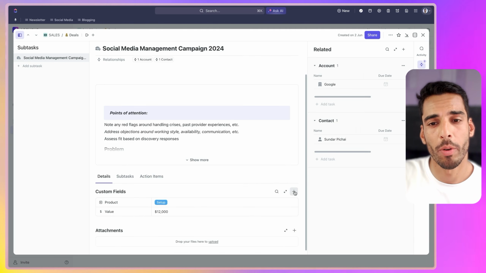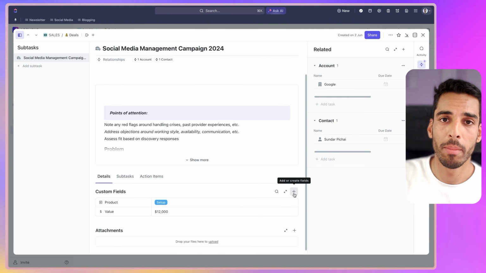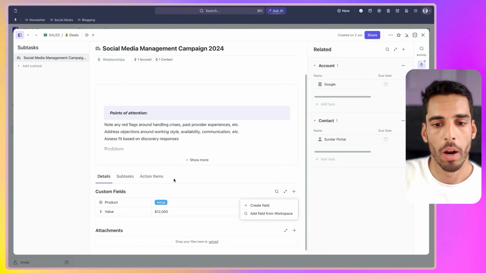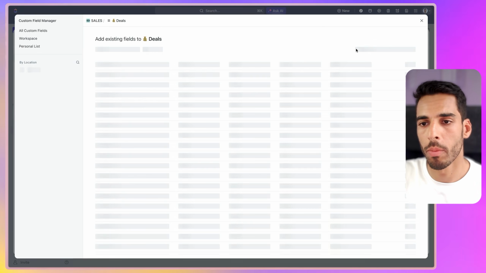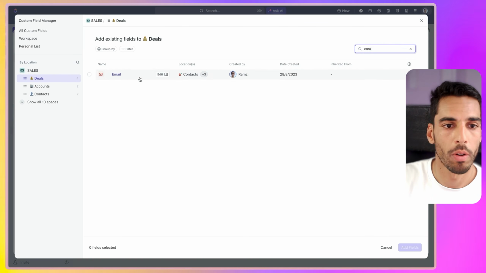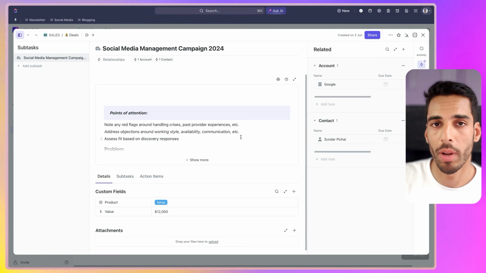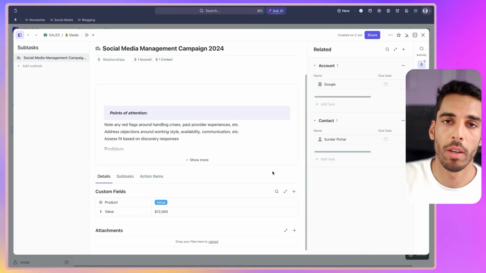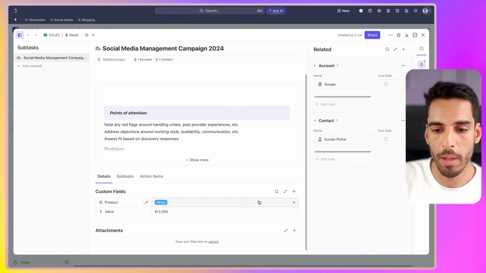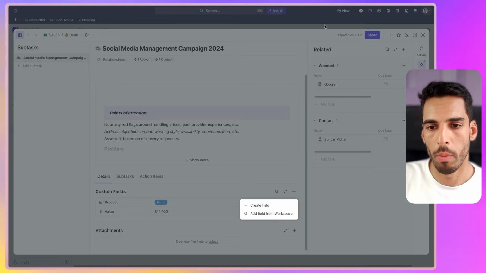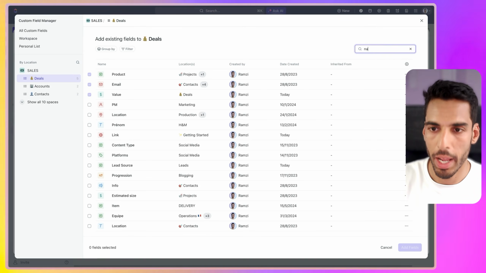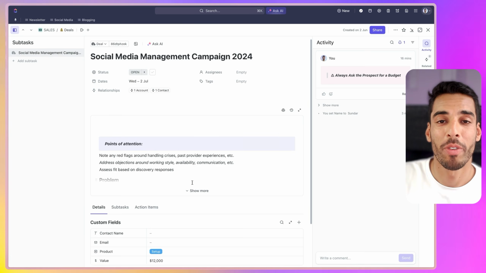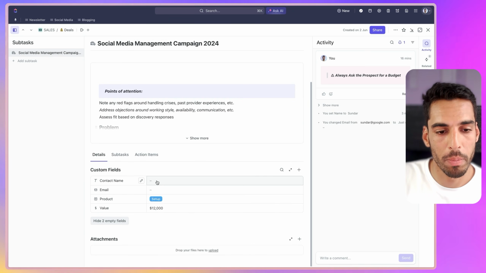The first field we're going to create is going to be our email field to track the email of our prospect. I'm going to add a field from the workspace and search for my field called email and add it. I've already created it. You probably have already because you created your contacts list as well. And I'm going to add another field from the workspace as well. And I'm going to look up for name and I want the contact name. If you refresh your workspace, these 2 fields will appear right here.